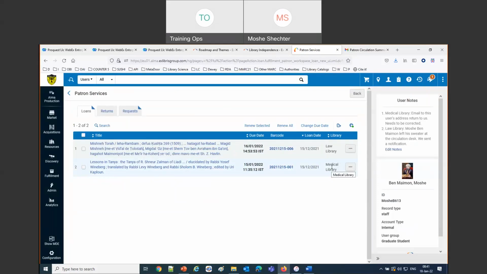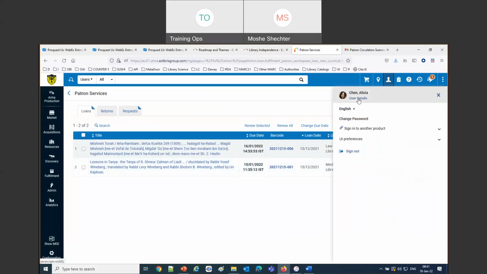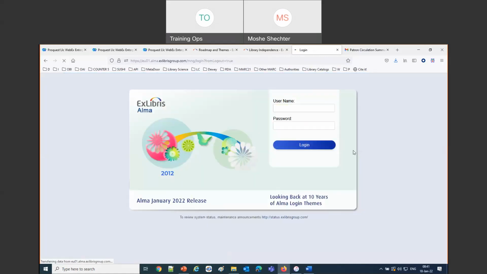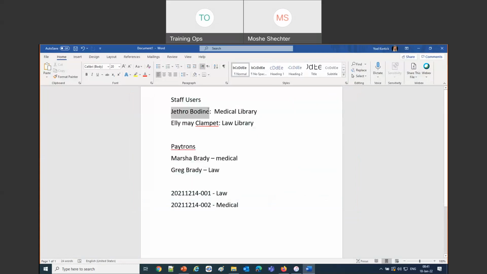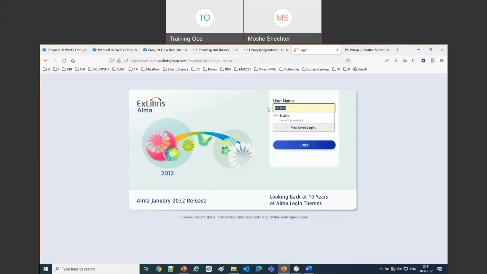Now what we're going to see is restrictions of which staff users can see these. I'm now logged in as a staff user named Alicia Chen. Alicia Chen is seeing both the law library and the medical library. However, I'm going to sign out, and I'm going to sign in as a different staff user, Jethro Bodine.